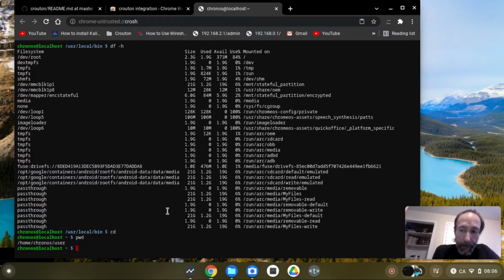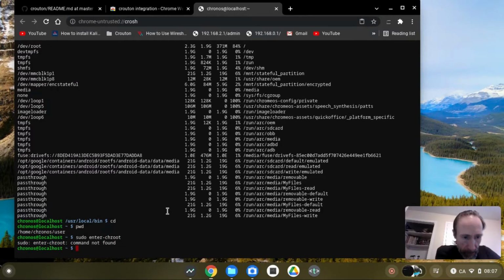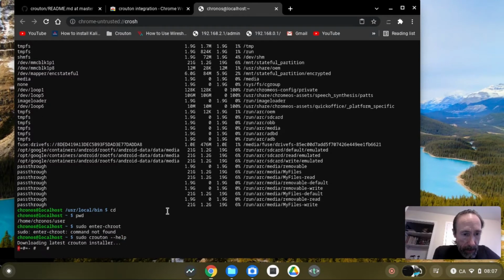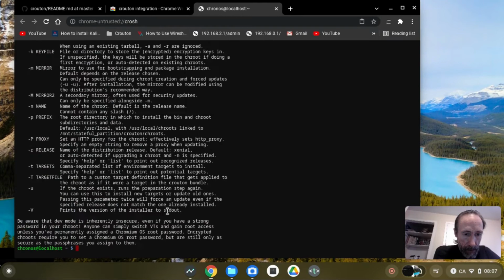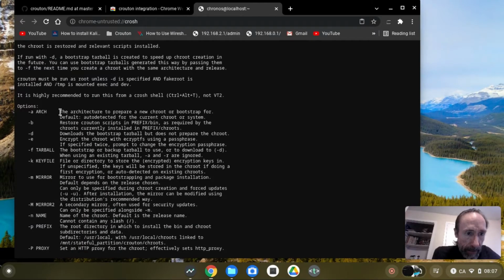It's not important, but if I do the command sudo enter-chroot, aha, nothing to install. Okay, I need to install Crouton first. First of all, if I do sudo crouton --help, here it is telling me that I can install